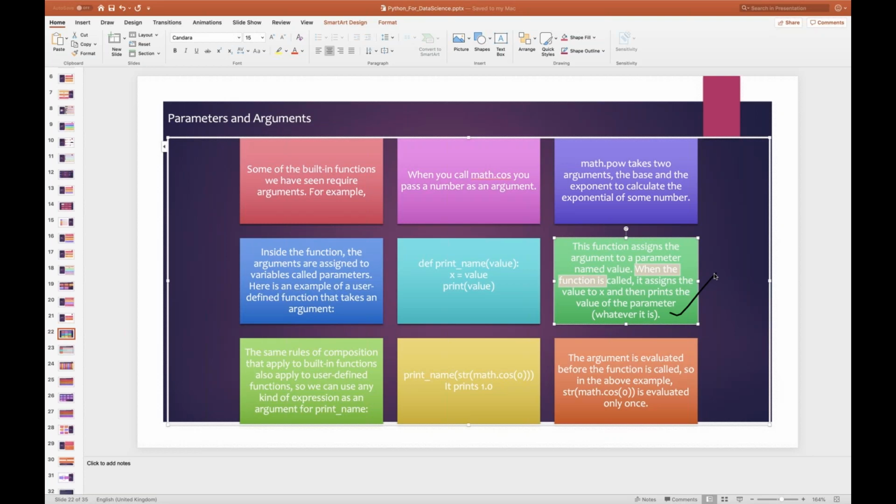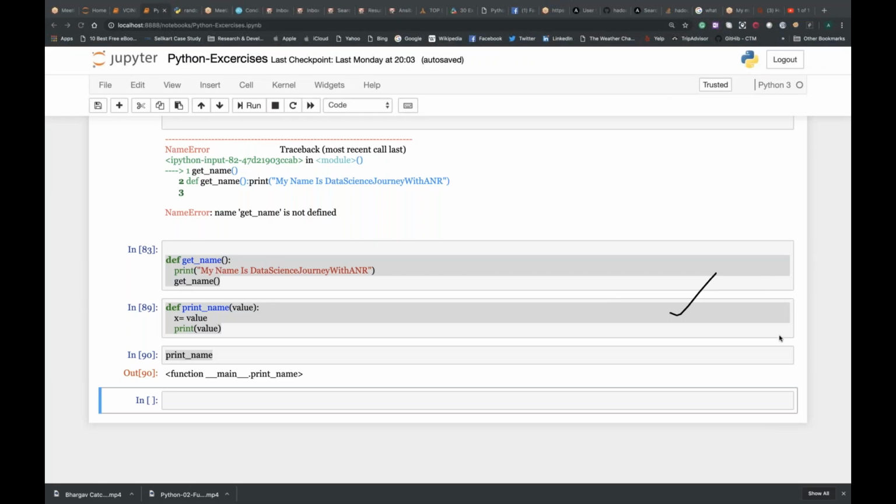Now, let's say I wanted to evaluate what my theory is telling. For that purpose, I'll erase all the drawings and go to the pointer. Now, here I'm calling a function print_name.